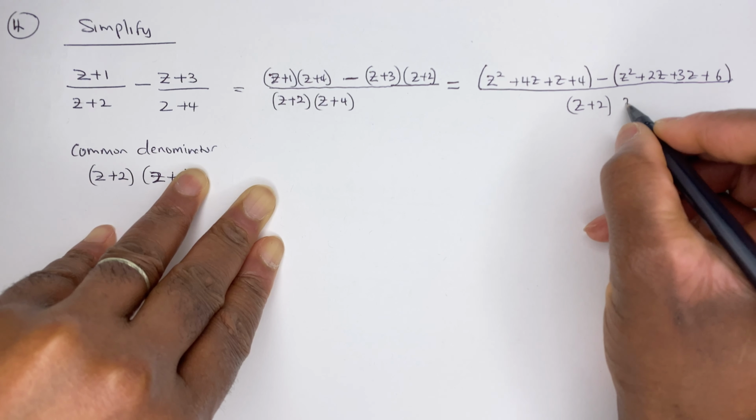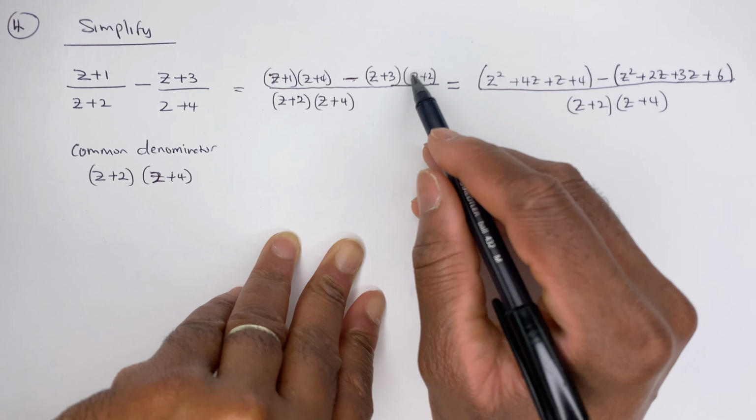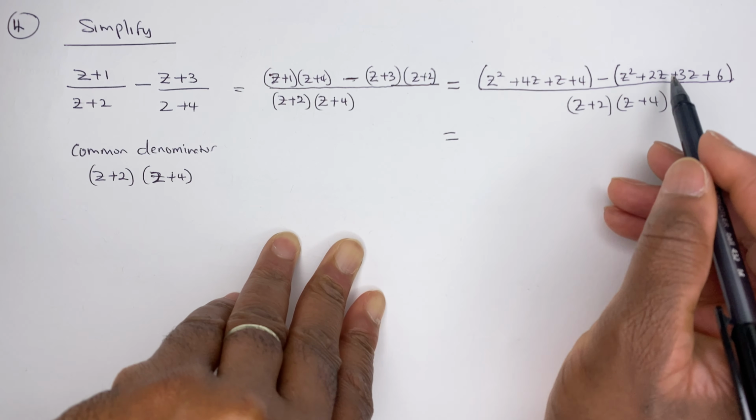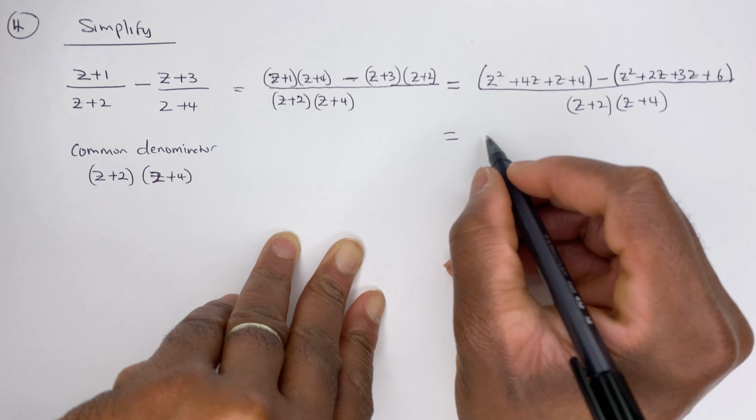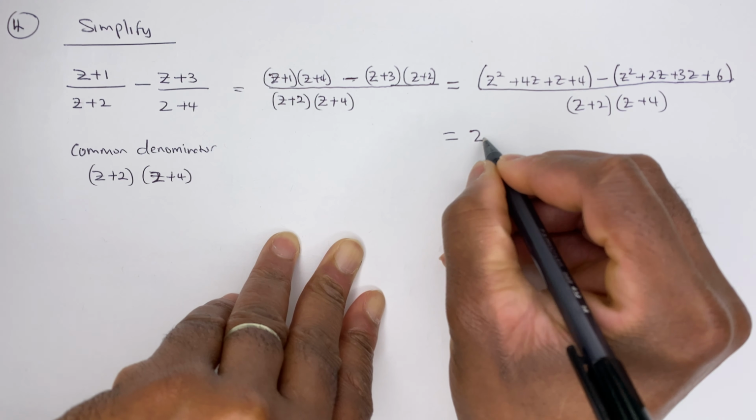Now, I'm going to take away the square brackets. The reason why I put them in square brackets is because there's a minus in front of here, and I don't want that to confuse me. So I did those in square brackets first, and now I'm taking away the square brackets. So that'll be z squared plus 5z, 4z plus z, plus 4,